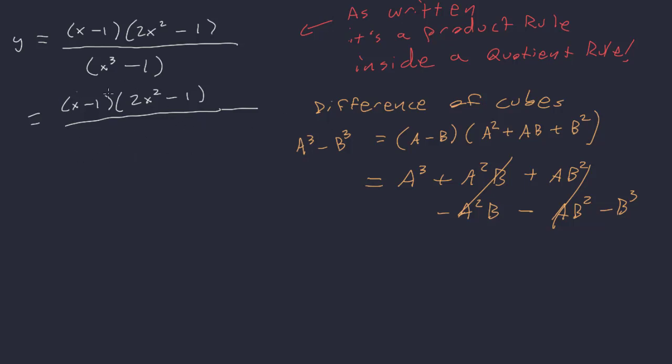Anyway, so this is going to factor this x cubed minus 1 cubed, which is what we have, to a minus b, so x minus 1, all times x squared plus a times b, in this case just plus x plus 1. Okay, so these x minus 1's cancel,